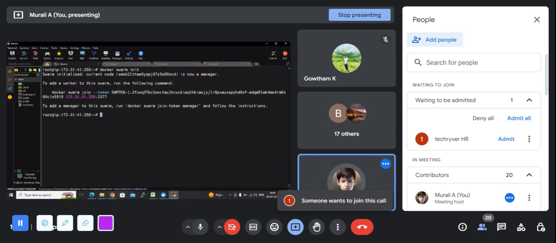Here you can see docker swarm join --token. This is the command for connecting the slave nodes to the master node, and you need to copy this complete token as well. Here you can see this is the private IP for your master node. So by using this token, just copy this,